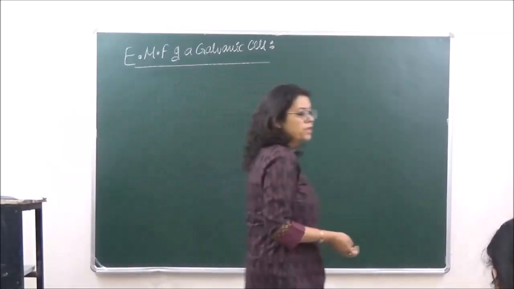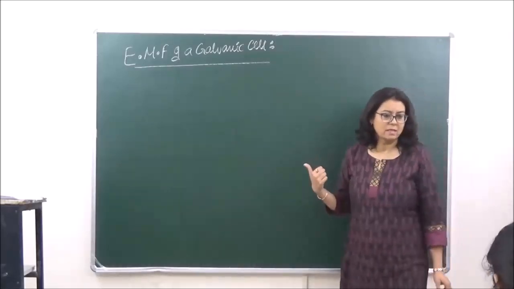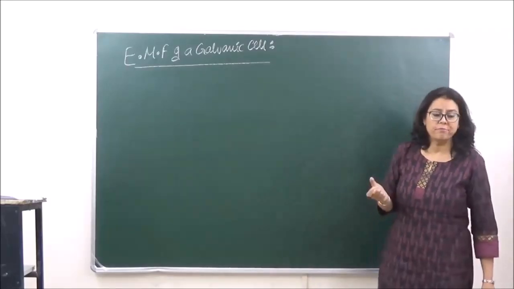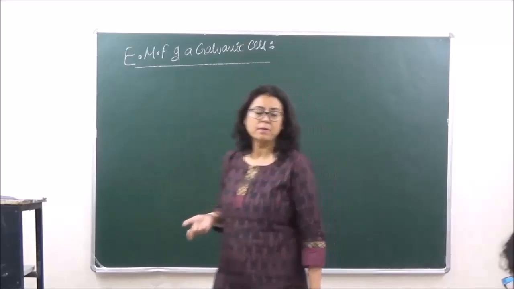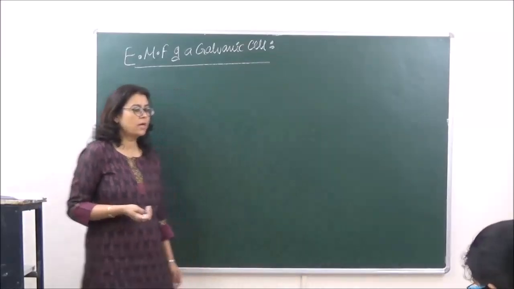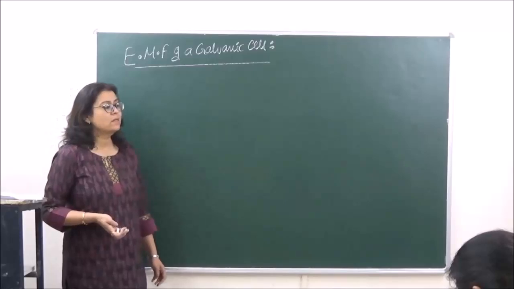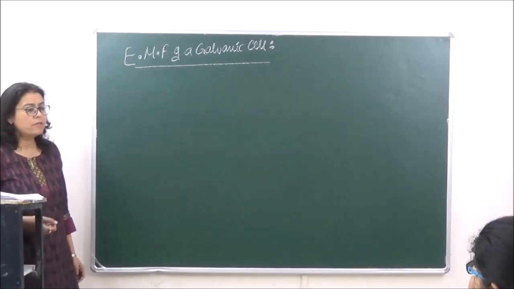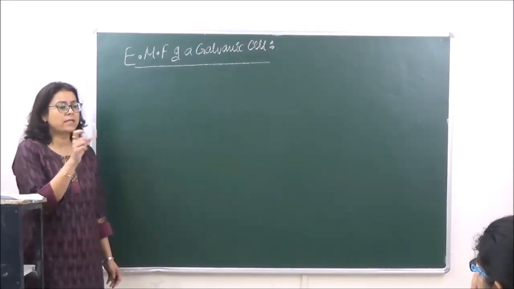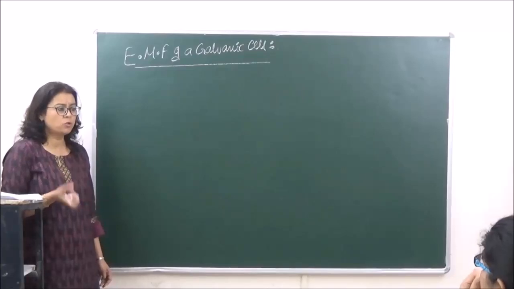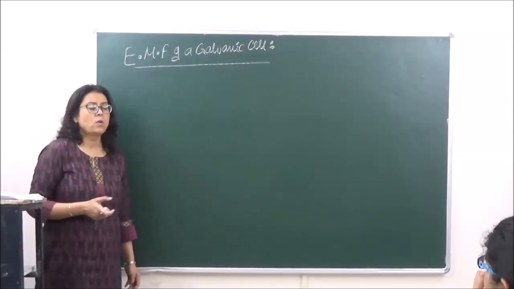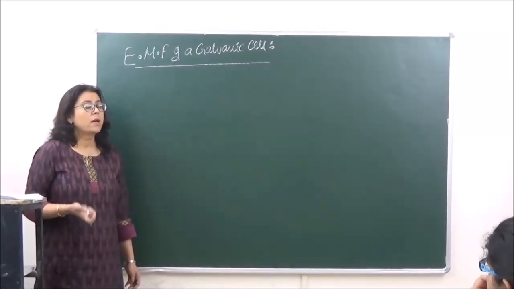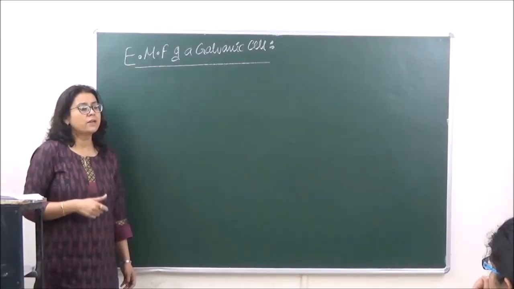In the last lecture, what did we do? We did the galvanic cell, and we also said the galvanic cell had two different compartments, one known as the oxidation half cell and the other known as the reduction half cell. Now, when we are talking of two different cells, obviously there is going to be a potential difference between the two cells because of flow of electrons. One will have a lower potential and the other a higher potential. Because of this potential difference, the current flows.